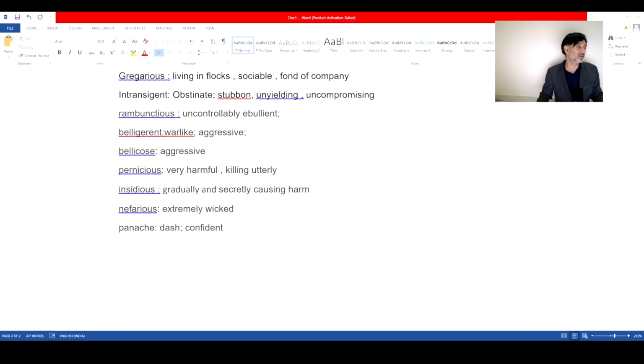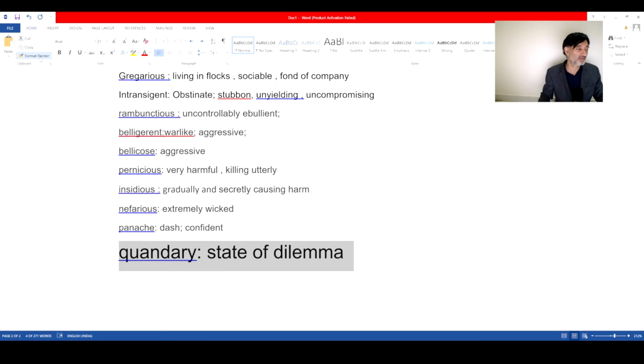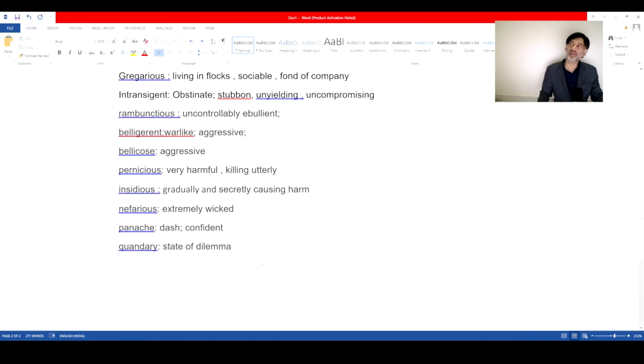Quandary is our next word. What does it mean? It is a doubt or a situation of perplexity, dilemma. Quandary is a dilemma or a state of perplexity where you are uncertain what to do. You are in a quandary. What does it mean? You are uncertain. Your state of dilemma. Right? Again, this is a simple word, but try to use this word if you are writing something. So he was in a quandary, right?